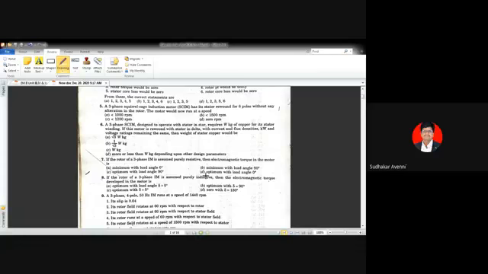Electromagnetic torque in the motor means, when the electromagnetic torque is developed in the induction motor, it is based on the relative speed between the air gap flux and the rotor flux. What is the air gap flux? It is the relative speed between the stator flux and rotor flux. That combined flux, the resultant flux combination, we take as the air gap flux.